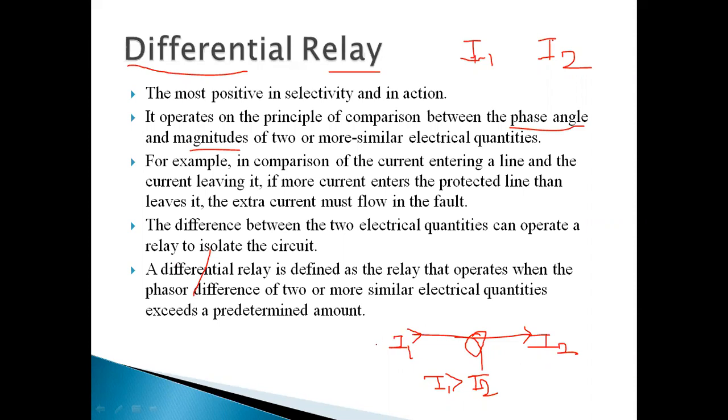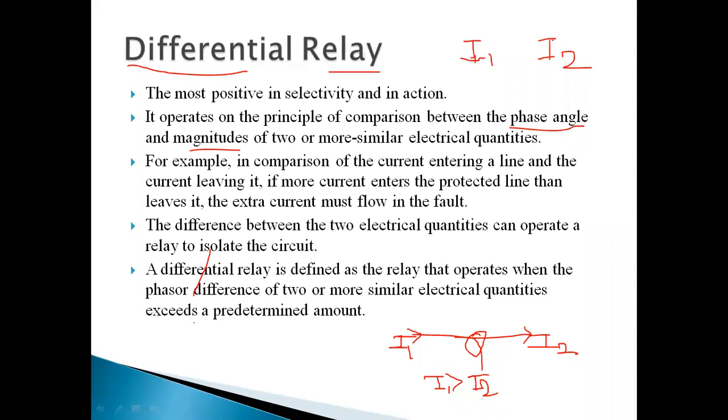Because if we consider the ideal system, or the normal operating condition, then whatever be the input current, the output current should be the same. But if these two are not equal, then there can be a fault, or a different current is flowing through